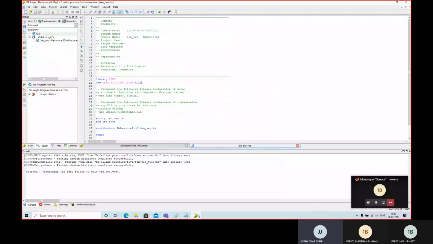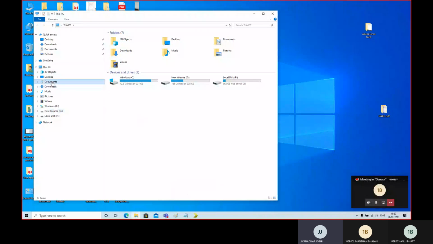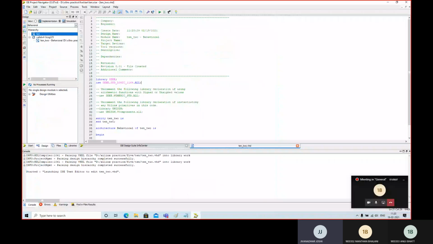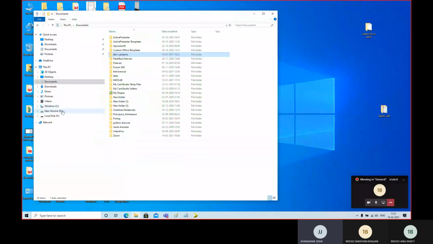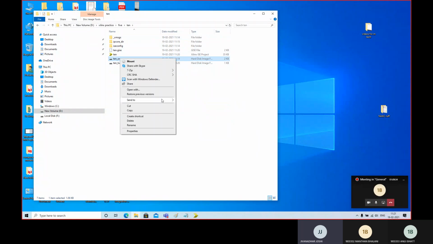कहाँ पे था ये मेरा? VHDL किस में था? डॉक्यूमेंट में था? हाँ, डॉक्यूमेंट्स। क्या नाम था इसका? डी के अंदर Xilinx प्रैक्टिस में है, याद रखो। उसके अंदर 5, 10, बराबर। 10 to है, लेकिन 1 में से हमको कॉपी करना है।